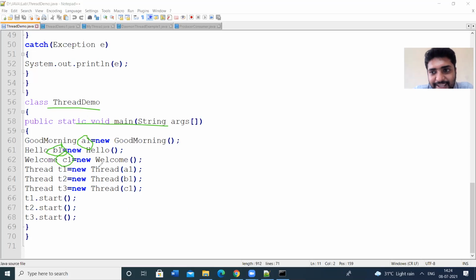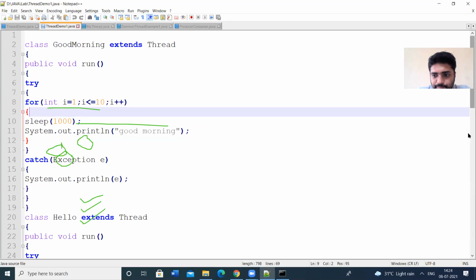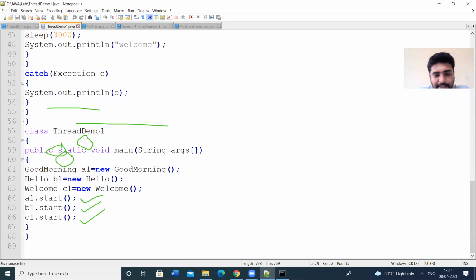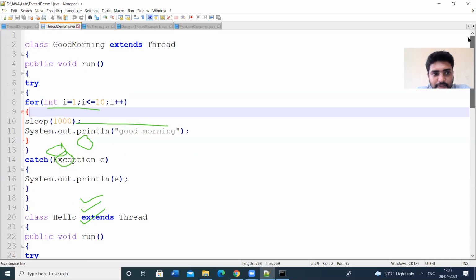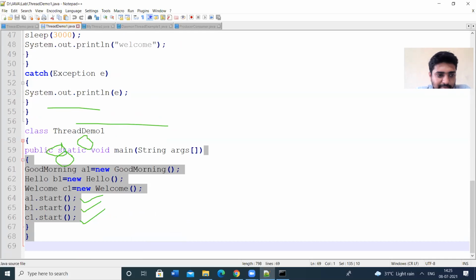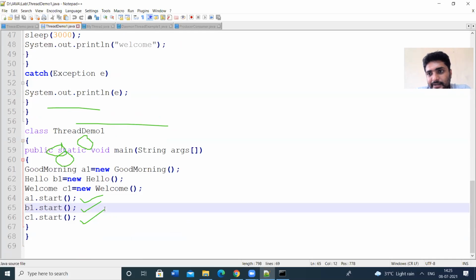So in the previous program, we directly called the start method: A1.start, A2.start, A3.start. Check here. We have directly started the methods. A1.start. A1 is an object of good morning. So the good morning class extends the thread class. So we can directly call this method, A1.start. But